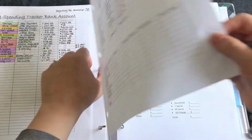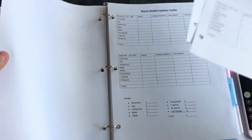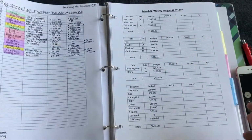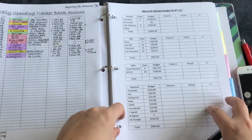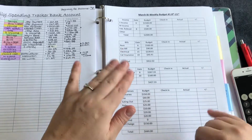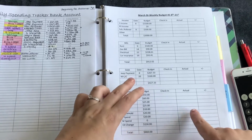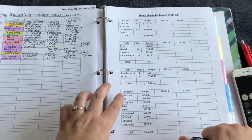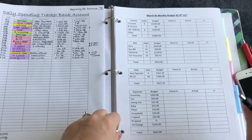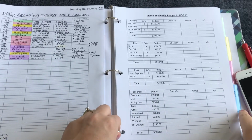We're gonna take this out now, and we're gonna flip to our budget, and then we're going to write in how we're doing for the first week of this bi-weekly period. I just like to see if I'm on track, if I paid all my bills, and how I'm doing left over for the next week for our expenses, because this total remaining will be different from the one that we just did. All right, so for my husband's income,